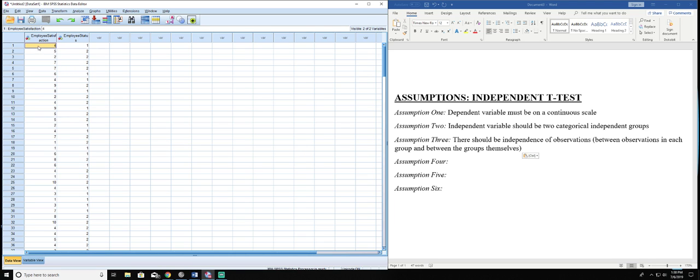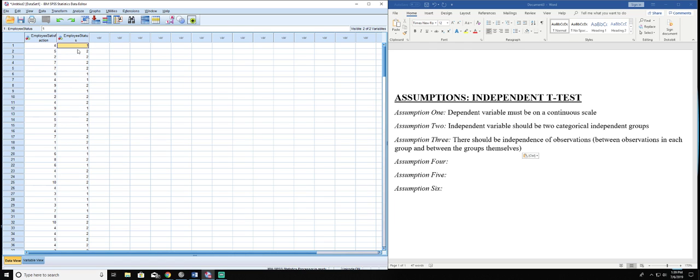Independence of observations within a group means that, let's say you are a part-time employee and you ranked your job satisfaction as a 4 on a scale of 1 to 10, and I am a full-time employee and I ranked my job satisfaction as 5. So the fact that you ranked your job satisfaction as 4 does not affect my job satisfaction rating, right? These are not interreliant on each other, which means that there is independence between these observations.